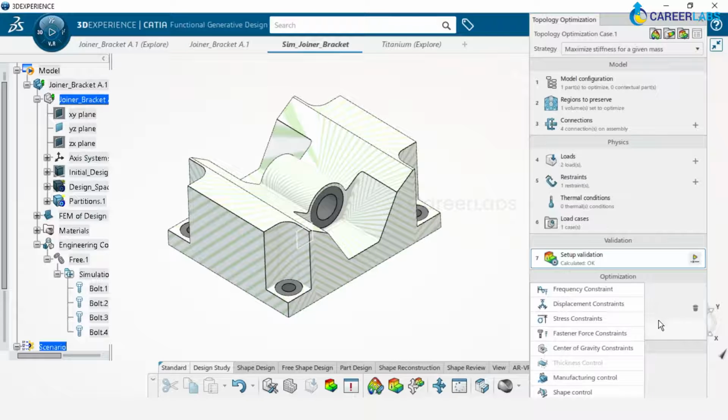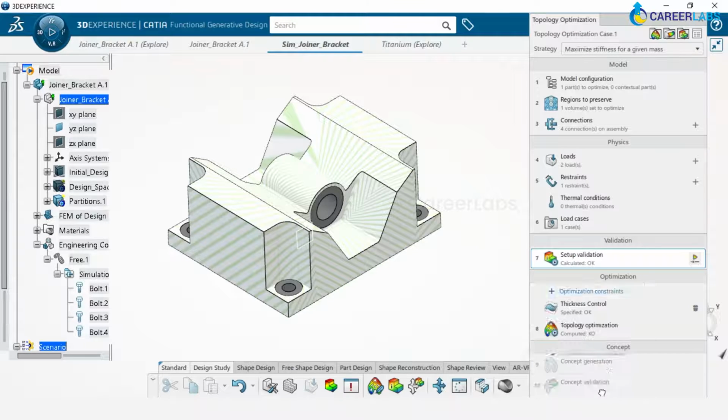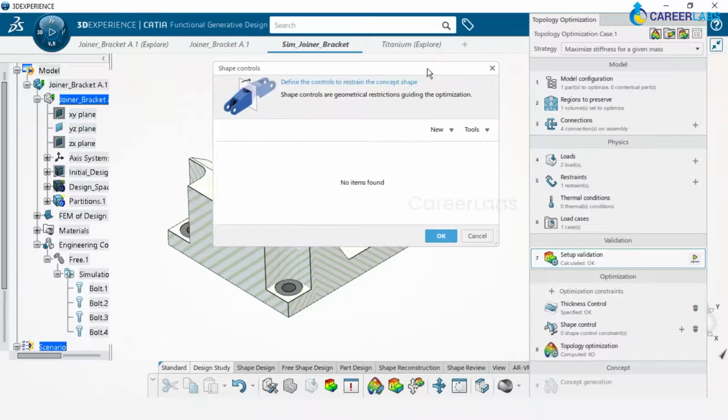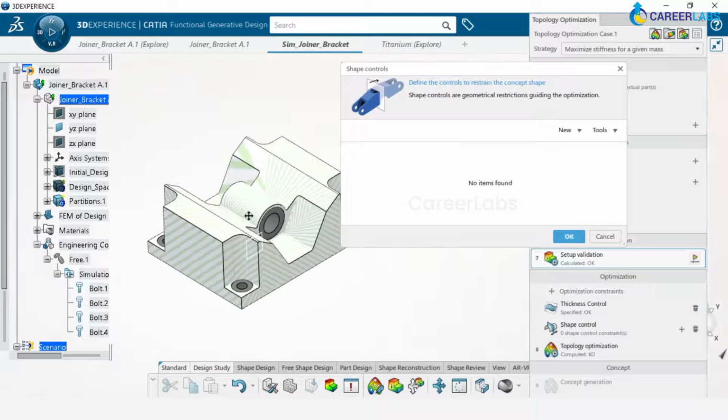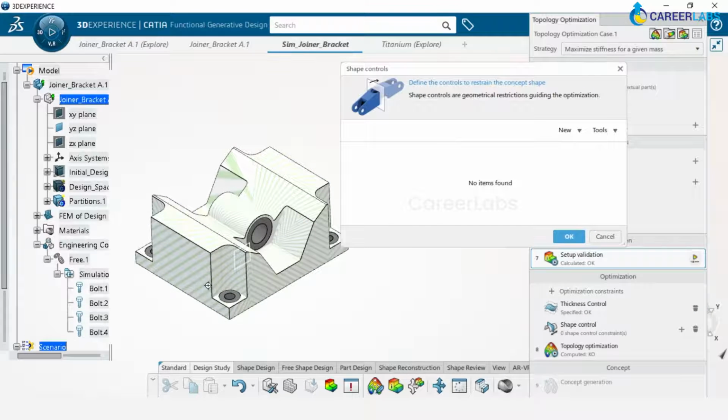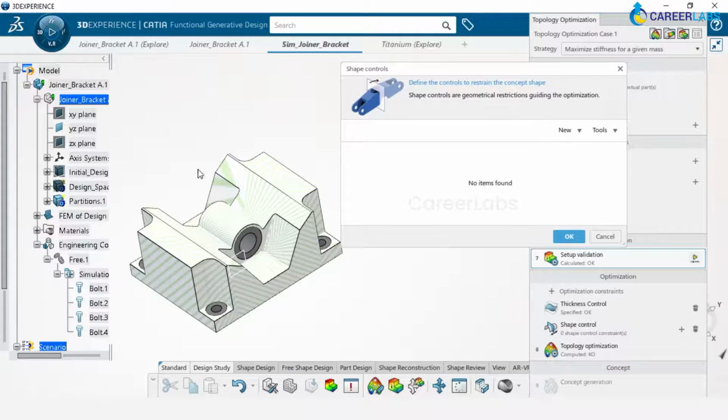And then I again want to add one more optimization constraint, where I would go with shape control. The reason why I'm including shape control is that we know this particular component is symmetric from all the sides. Okay, so I don't want the solver to spend too much time considering the complete volume. Instead, I can cut this part into 4 quarters and ask the software to consider one particular quarter for easy calculation. So that is what we are going to do here.